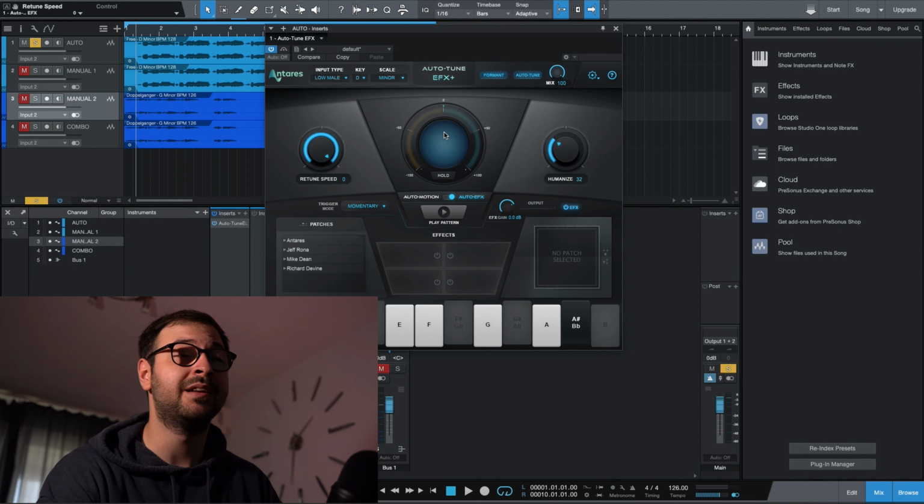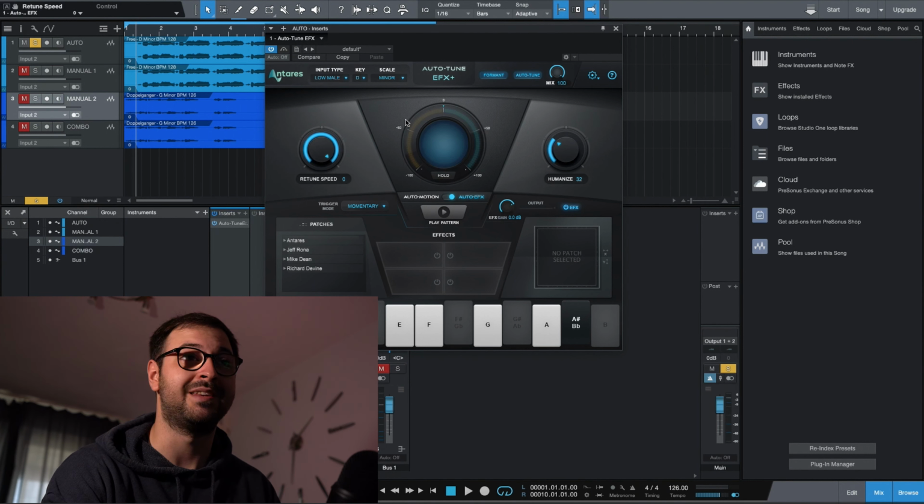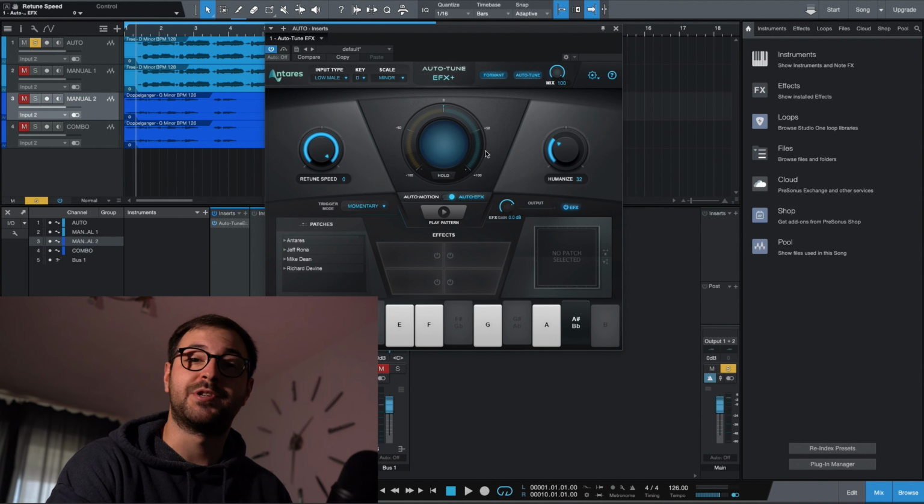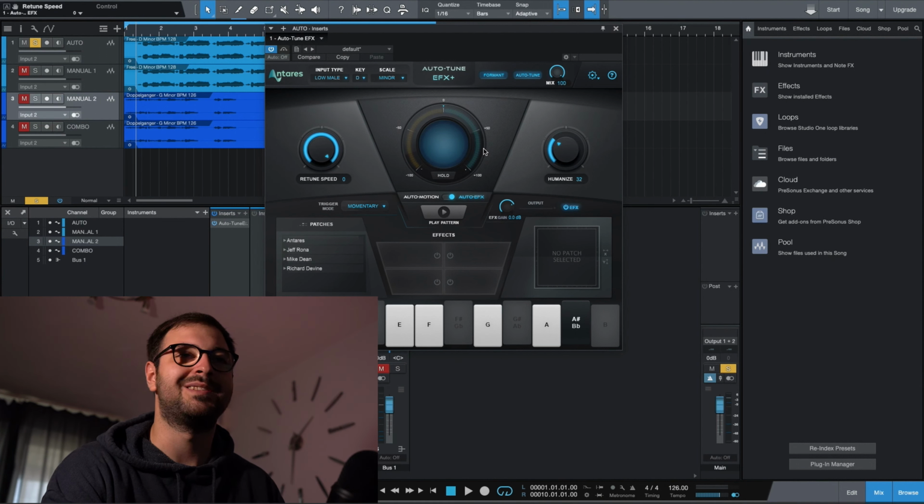So as you can see here, the software will detect the notes and then it will try and drag them to the correct position that they should be in into the key of the song. That's what basically the pitch correction does. It will try to make the voice sound perfect. While doing that, it will create something which is called artifacts. That's what the autotune effect sounds like. That's that robotic sound. That's basically artifacts left after trying to correct the pitch aggressively if you want.